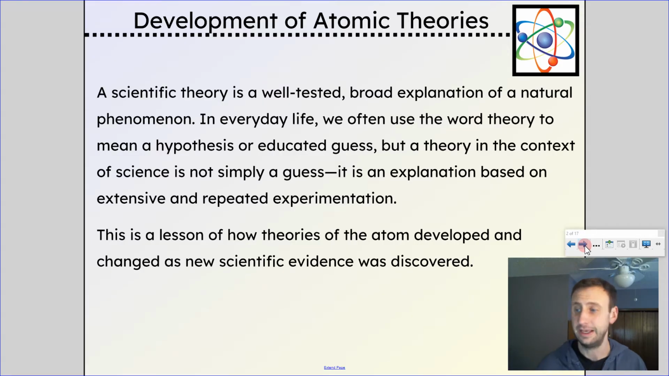Because if something in science was discovered that didn't fit in with the theory, that showed the theory was wrong, well, then the theory changes, right? The theory has to be thrown out and a new theory is made, or the theory has to be modified in order to fit the new evidence that was found. So what you're going to see throughout this lesson is that we have a theory, and then it's discovered, hey, this is wrong because of this evidence, and then a new theory ends up being proposed. And then same thing again. So this is a lesson of how theories of the atom developed and changed